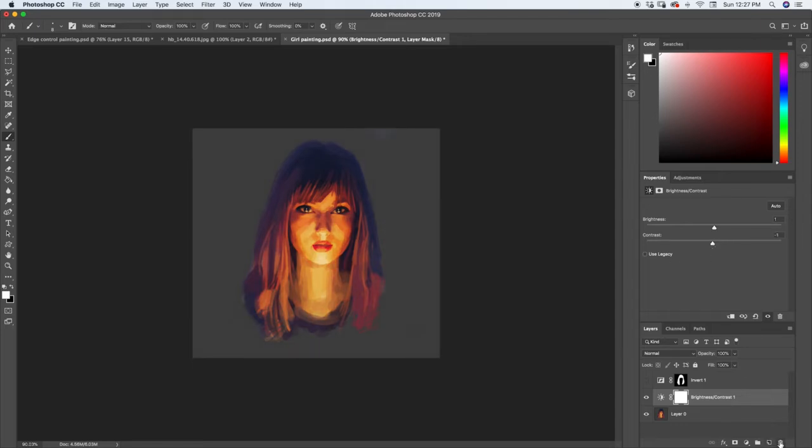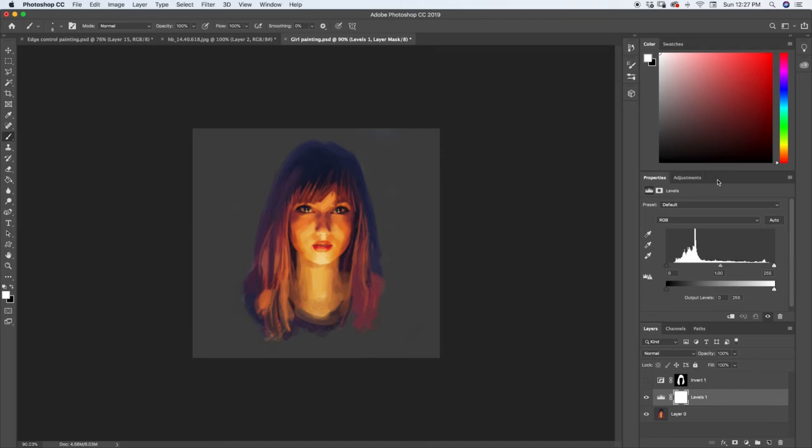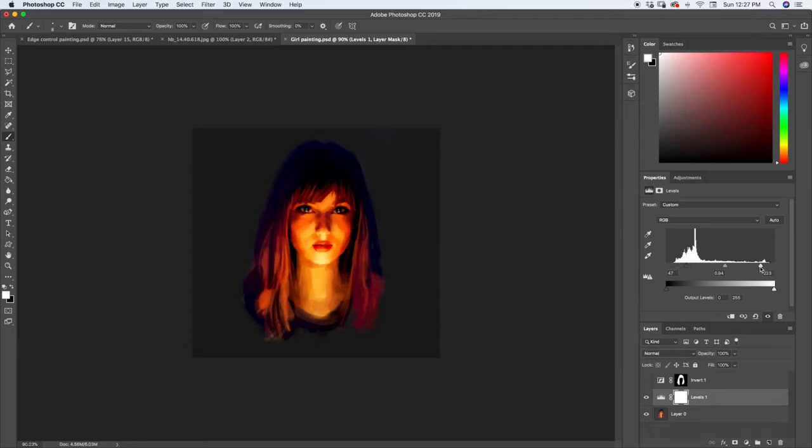All right, let's go ahead and delete that layer. Then our next one is going to be levels. You can see right here that we have our levels and we have these different sliders that we can grab. If I grab right there, I can adjust my mid-tone colors. I can grab my darkest colors and my lightest colors,